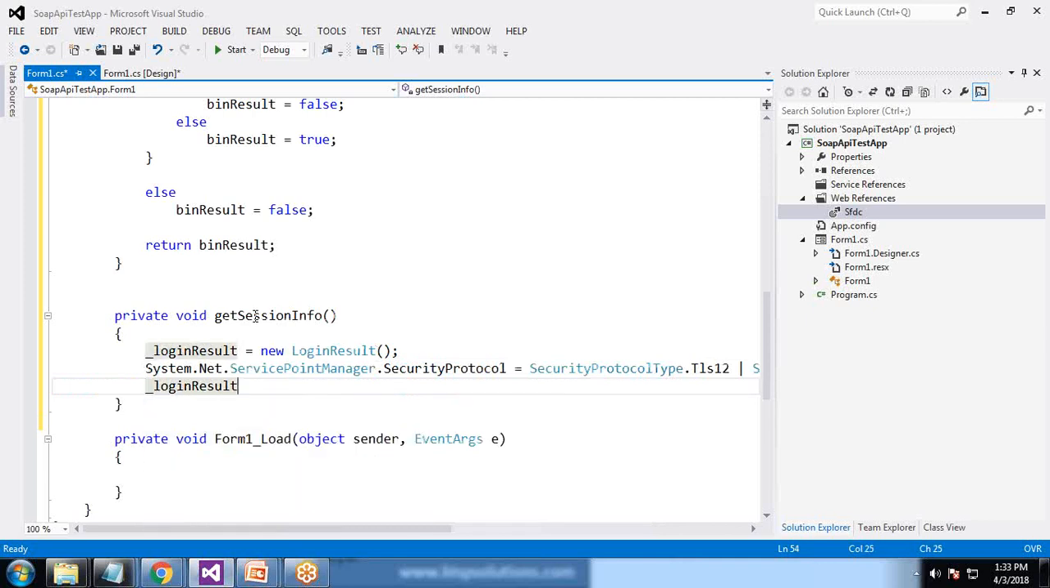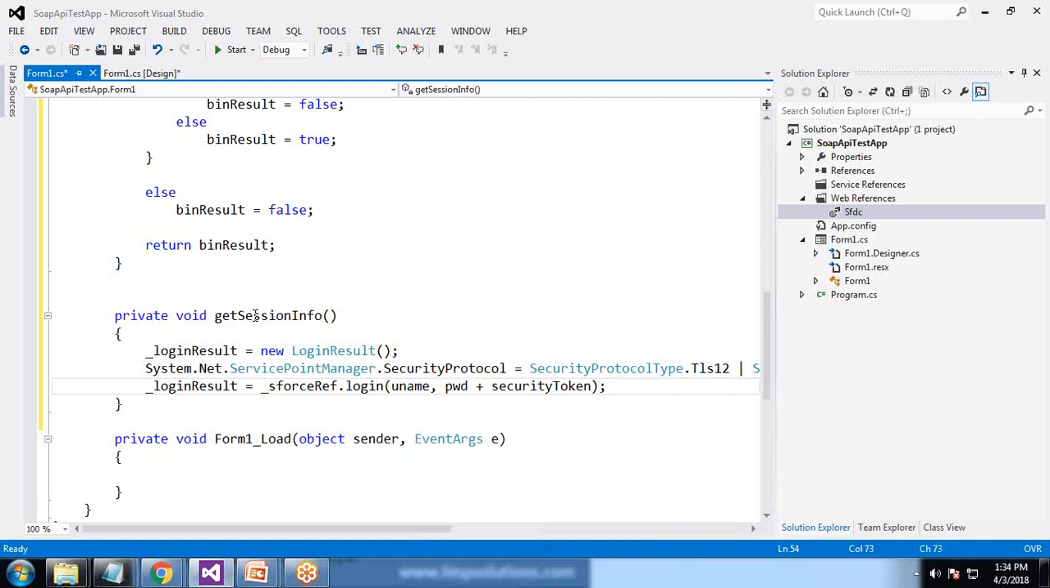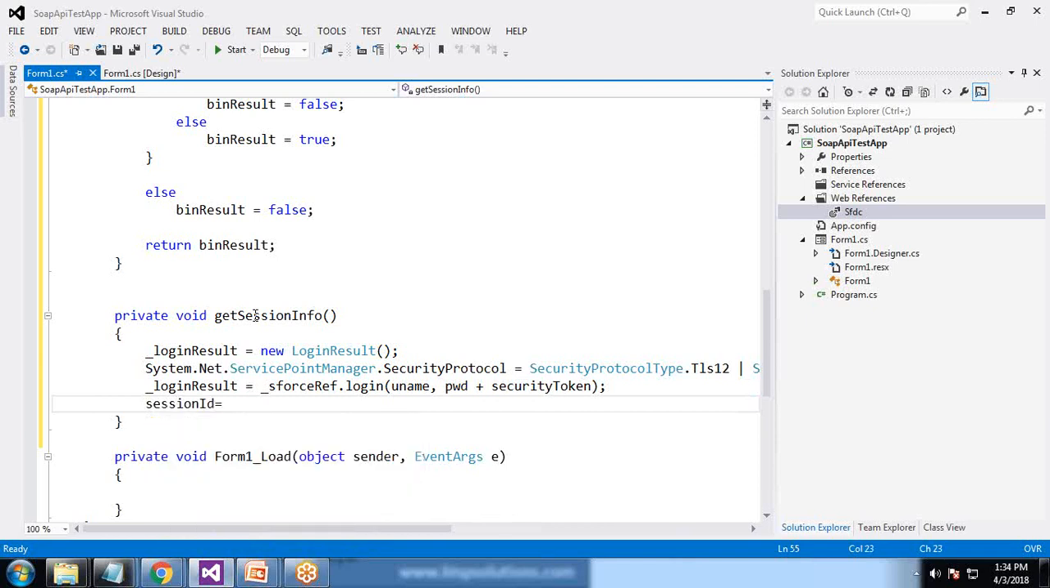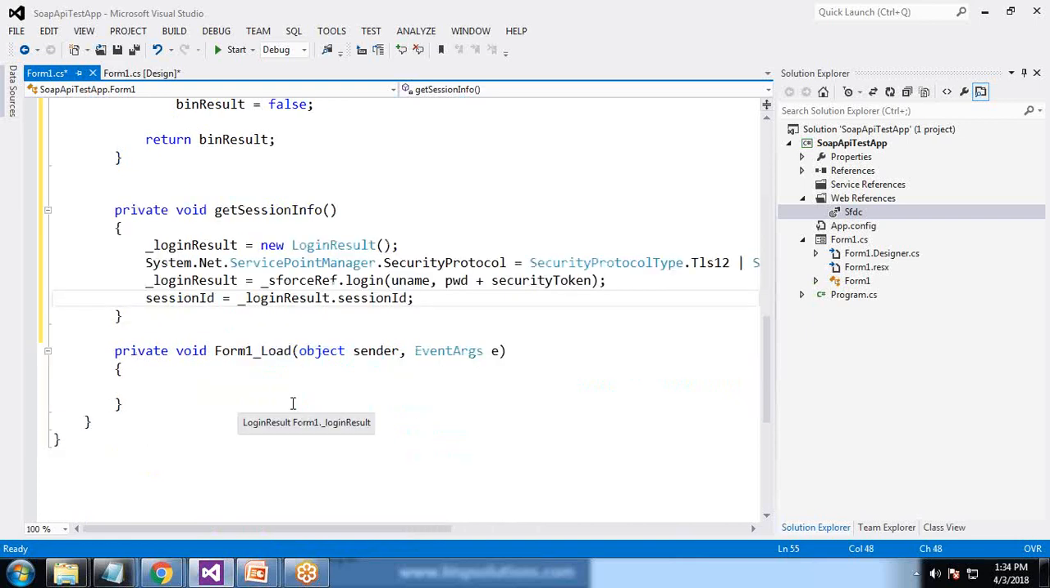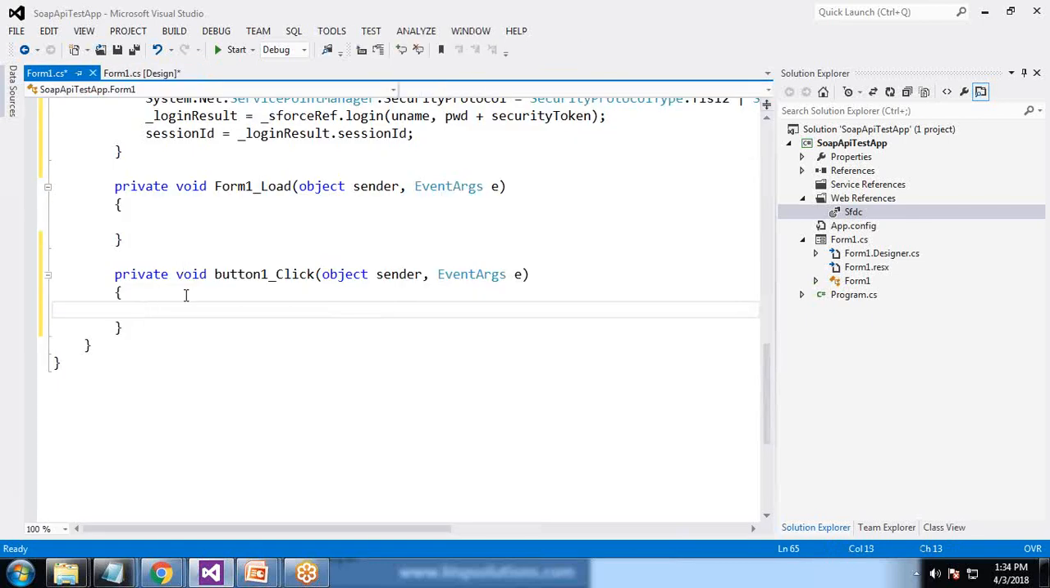Then I'll write login result is equal to underscore sf dot login, and here we'll be passing uname comma pwd plus security token. As you know, password and security token go together, and in session id we would be capturing the login result dot session id. Finally, when the user enters the details like last name of a new lead, company and the lead status, and clicks on the create new lead button, this would capture a new lead into